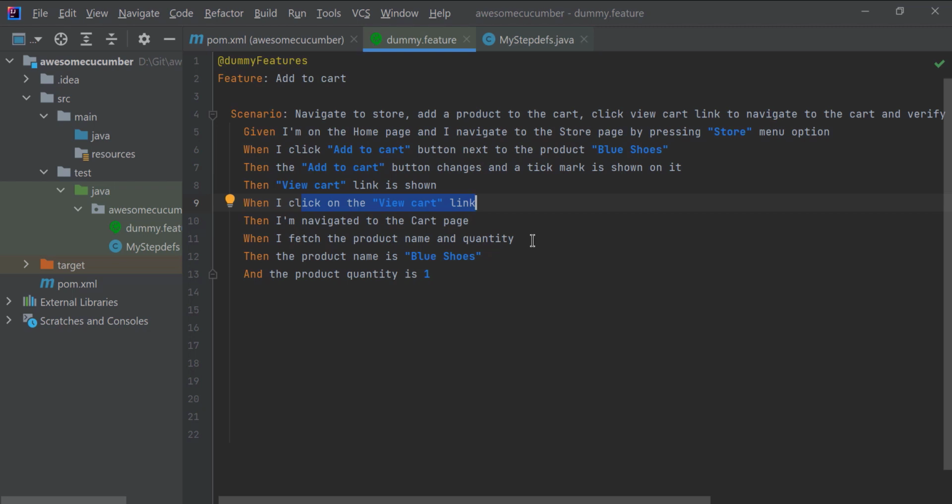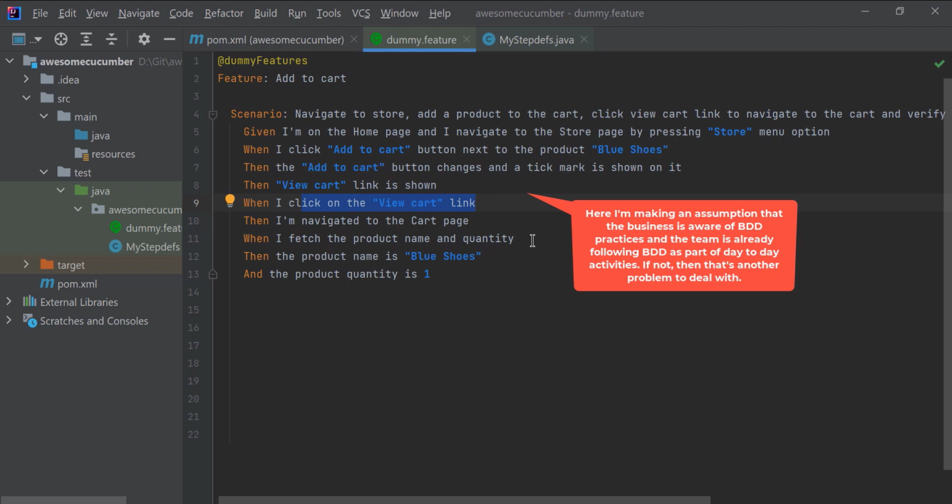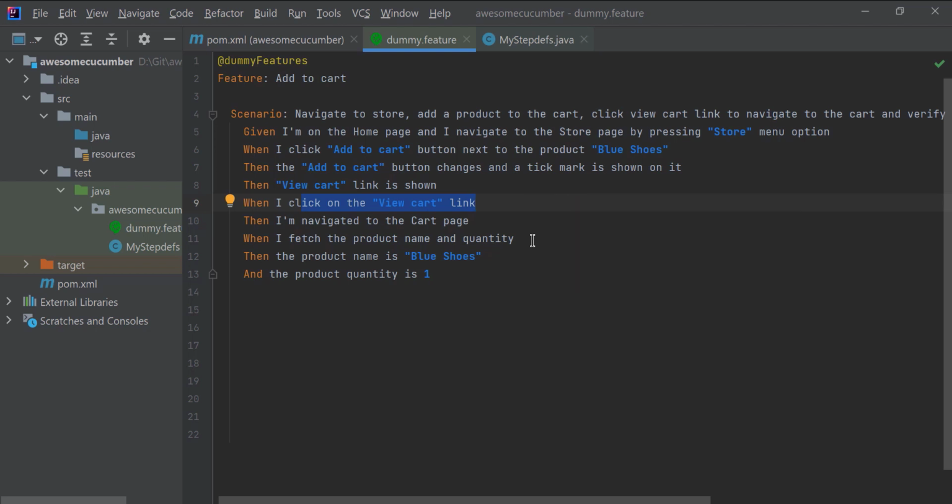The business would not be necessarily interested in this. What they would be interested in is, what is the requirement? Are we representing the requirement in the form of Gherkin? And whether we are validating it, right? They don't care about the UI interaction as such. In some cases wherein the UI needs to be validated, that can be done.